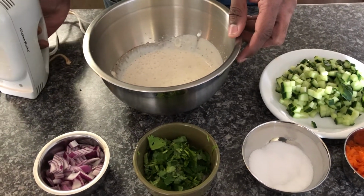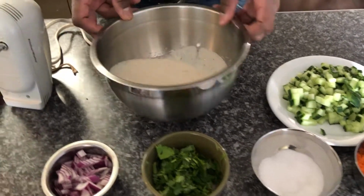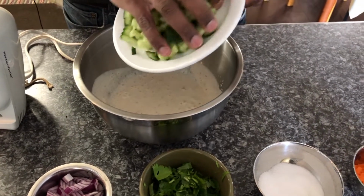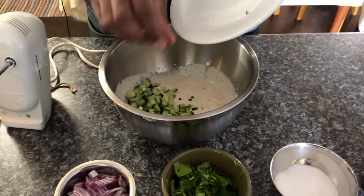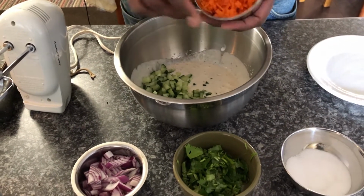The spices have already been blended, and also the whipping process is over. So now I'm going to add my cucumber, my carrots,